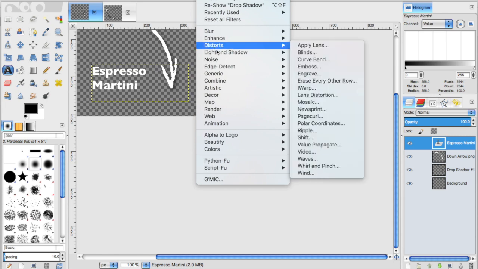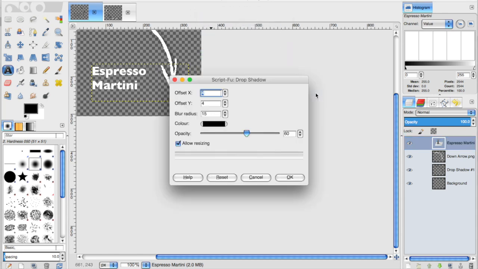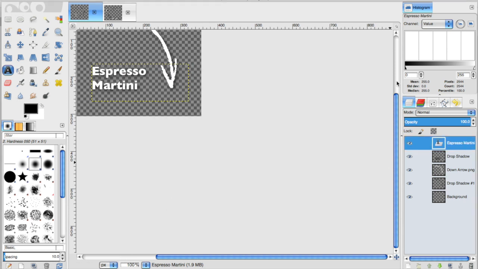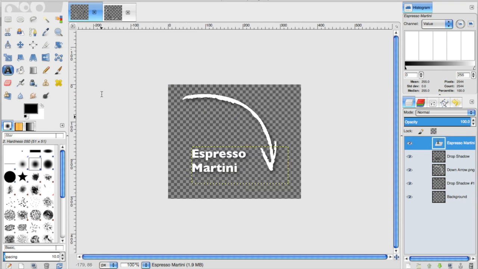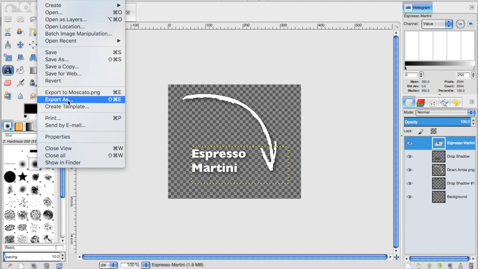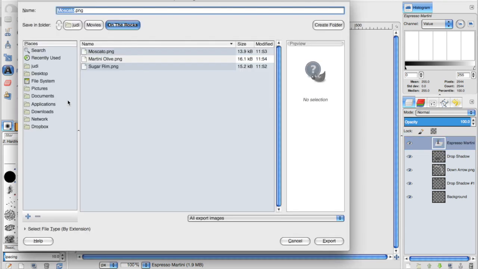Add the drop shadow back in. Okay, so GIMP occasionally crashes. That's okay. So we just export as, put the name in.